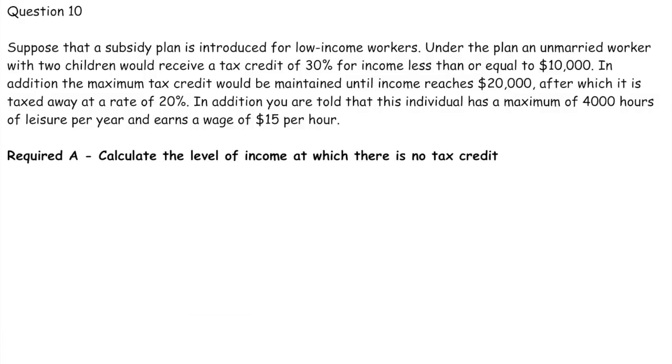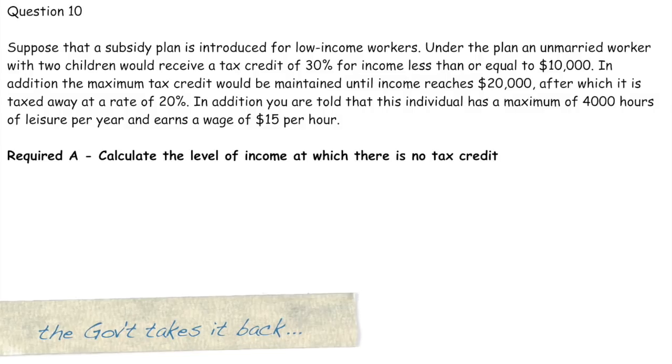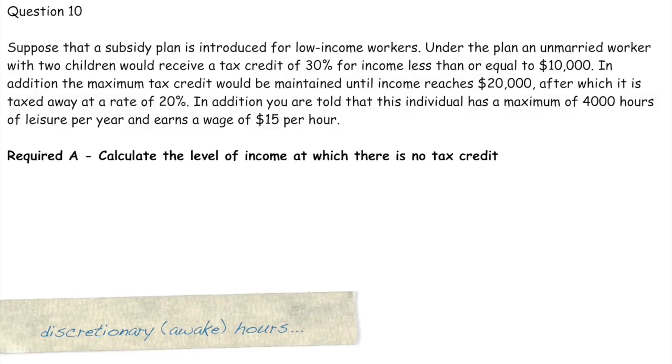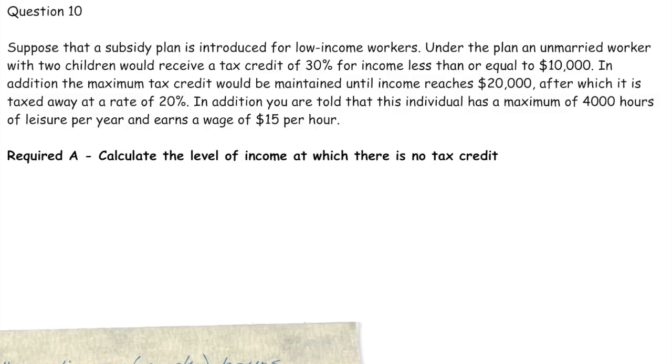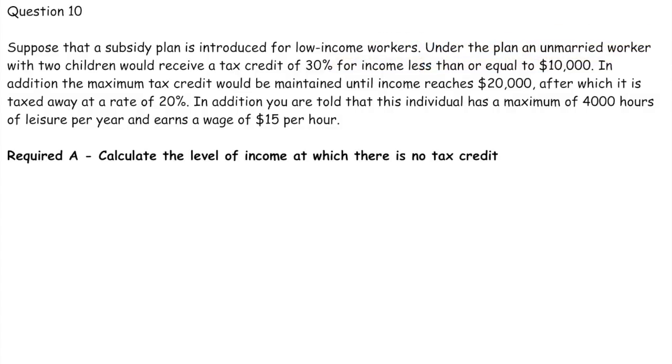In addition, the maximum tax credit would be maintained until income reaches $20,000, after which it is taxed away at a rate of 20%. You're told that the individual has a maximum of 4,000 hours of leisure per year and earns a wage of $15 per hour. In required A, it tells us to calculate the level of income at which there is no